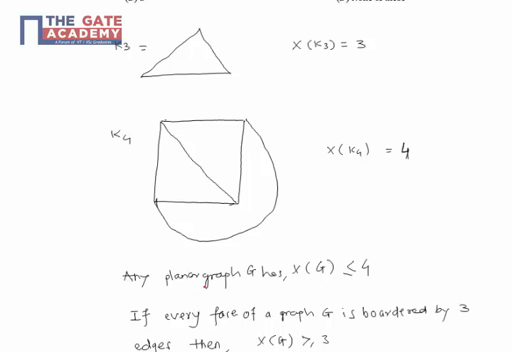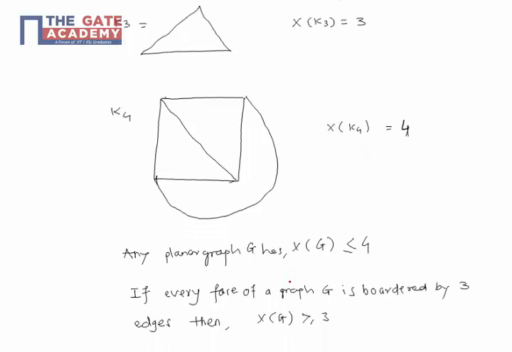Since the given graph is planar as well as has every face bordered by exactly 3 edges, we can say that the chromatic number for such a graph should be 3 or 4